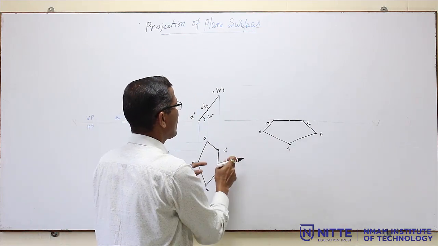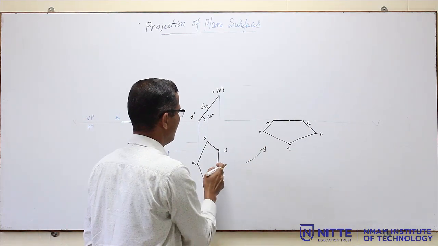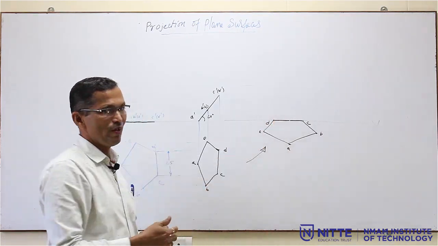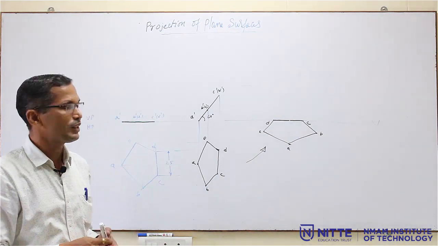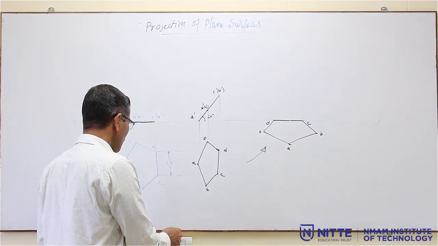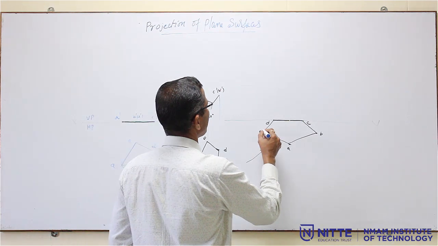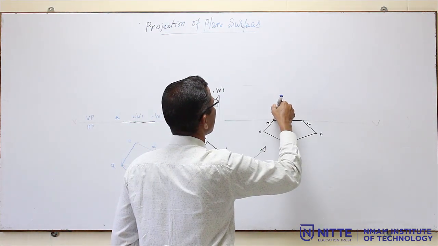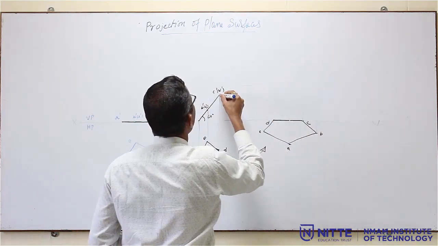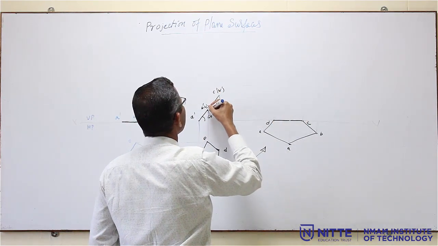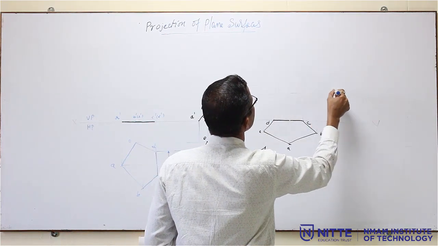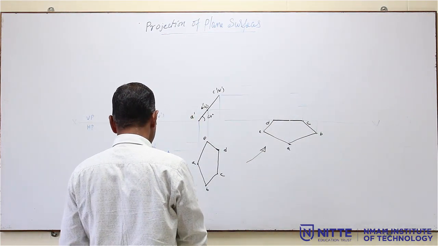So, same figure I have copied like this. From here I have copied it like this. What is the condition? Condition is one of the edges on VP. Whenever a line is on VP, its top view will be on XY line. That is why I have copied like this. Now, you have to draw the front view for this. Project all the points up, project upward, and project horizontally. All these lines should be light and parallel to XY line.